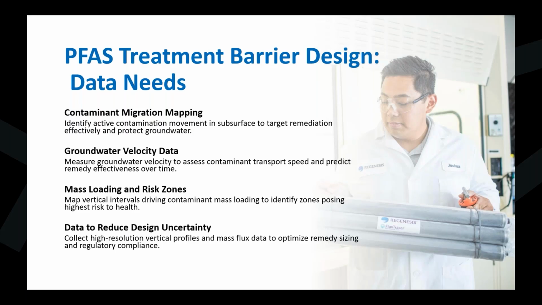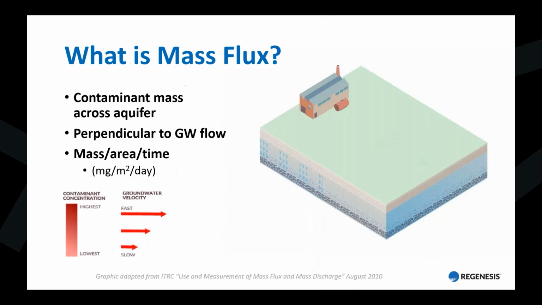And it's also really important to have a very detailed vertical delineation, because everything isn't always homogeneous, and these data can be really important when you're trying to develop a design, because by having a better delineation or vertical profile and the mass flux type data, that allows us to really optimize the design and ensure that we're going to have a design that will attain the project or the specific regulatory goals.